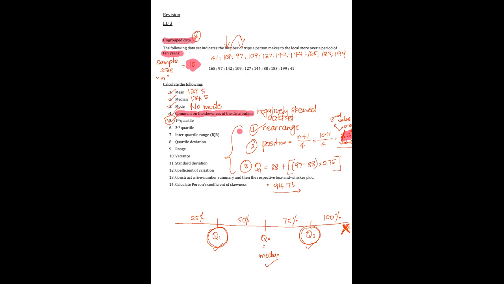Okay, there we go. So here we have exactly the same first step. We have to rearrange our values in ascending order. And then once we have that, we will determine the position of your